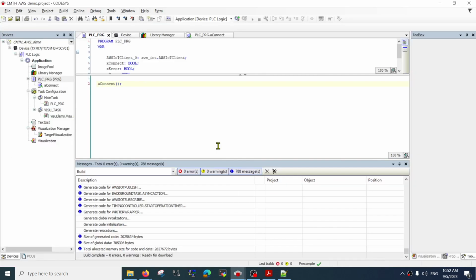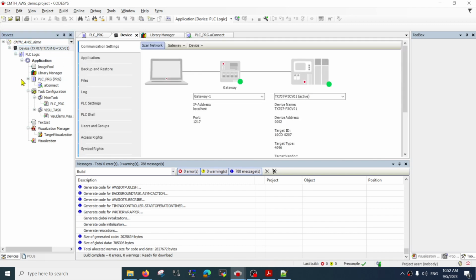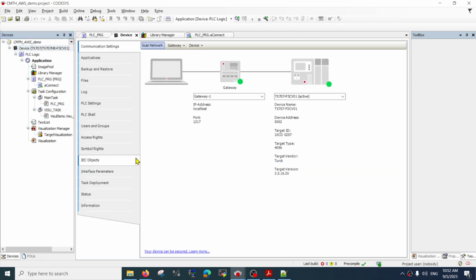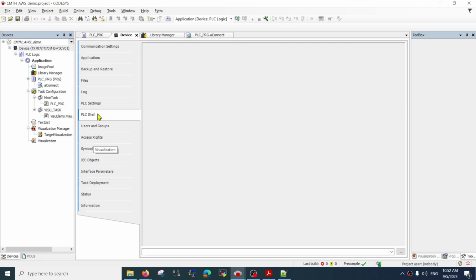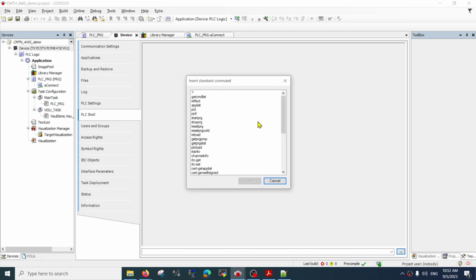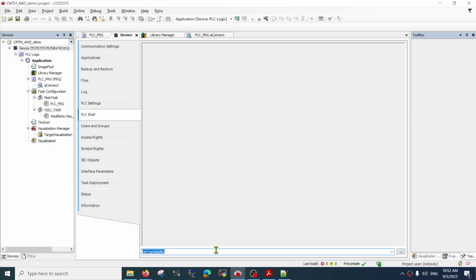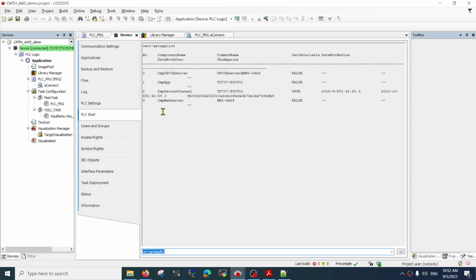This certificate is how the server is going to authenticate your device, to make sure that it's not some other random hacker trying to get into your server. So it's a very important step for identification. We can start by going to the device PLC shell and go in, and we can look for the cert, get cert list. Wait, no, sorry, get app list. Where is get app list? Insert. Enter, and you should be able to get